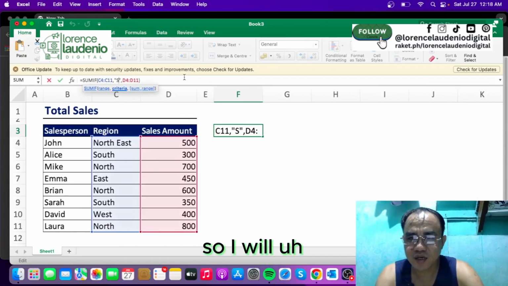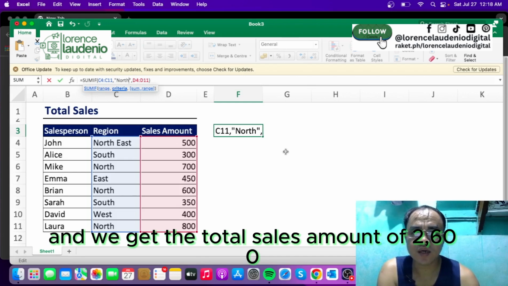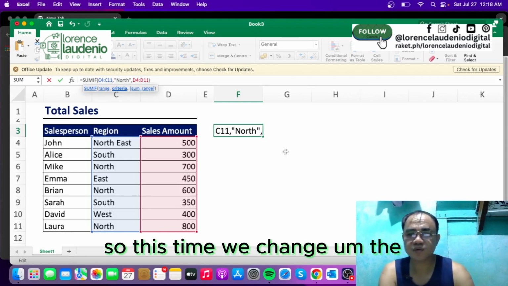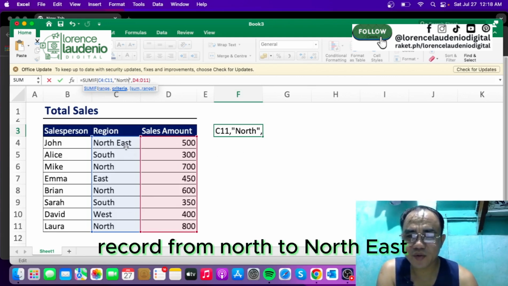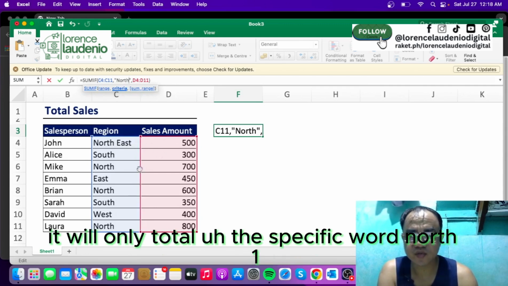Presently we get the total sales amount of North, which is 2,600. This time we change the record from North to Northeast. If we use only the word North, it will only total the specific word North.